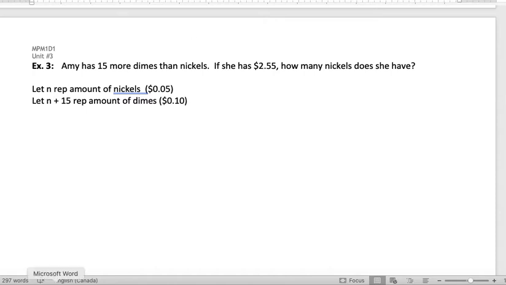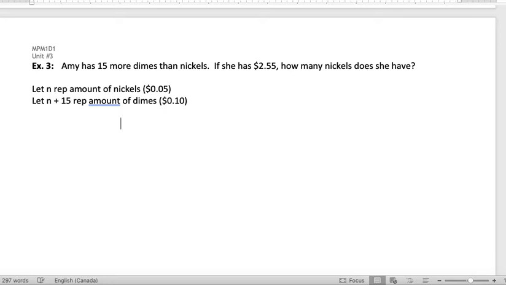So we need to multiply our variables by the value in dollars, because we are given a dollar amount here. So this question is really tricky. If we were to model this, we would have